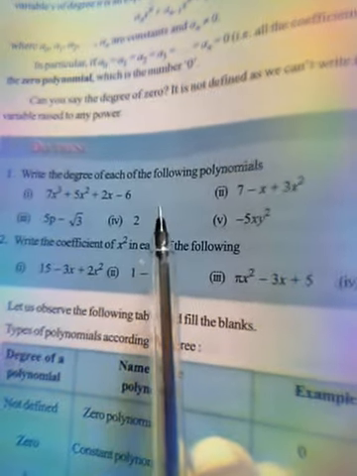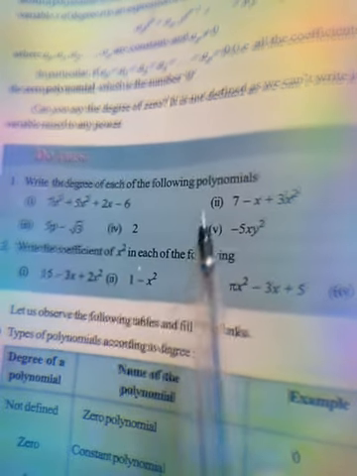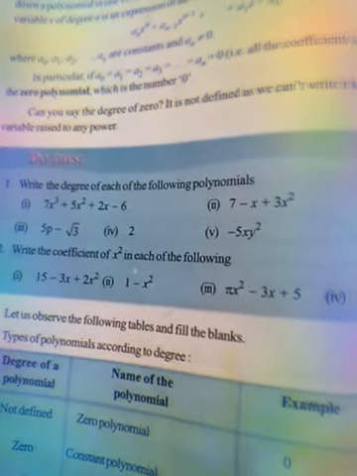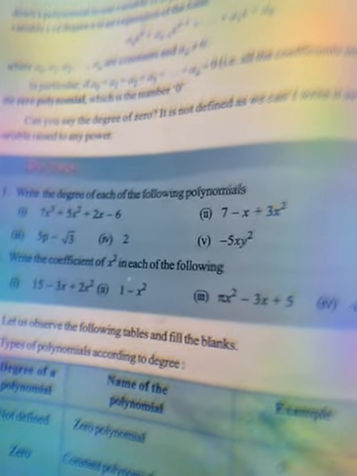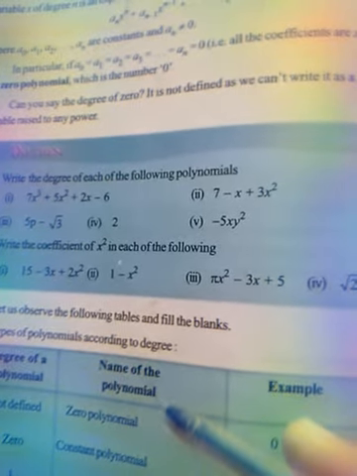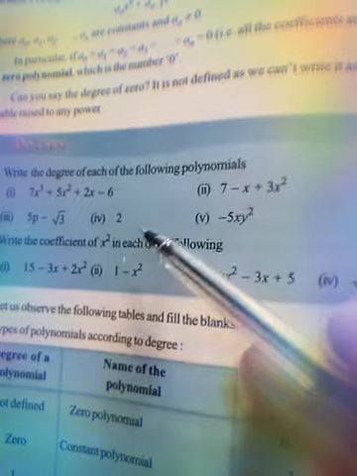In this, the variable does not exist. If the variable does not exist, the degree is 0. Any variable or letter or digit with exponent 0, that value becomes 1. That means 2 into 1 here. That means 2 into x power 0 or y power 0, p power 0, a power 0, b power 0. You have to assume a variable. Why? Because degree is the exponent of the variable only, the highest exponent. So here the highest exponent is 0. So the degree of the polynomial is 0, or it is also called the constant polynomial.